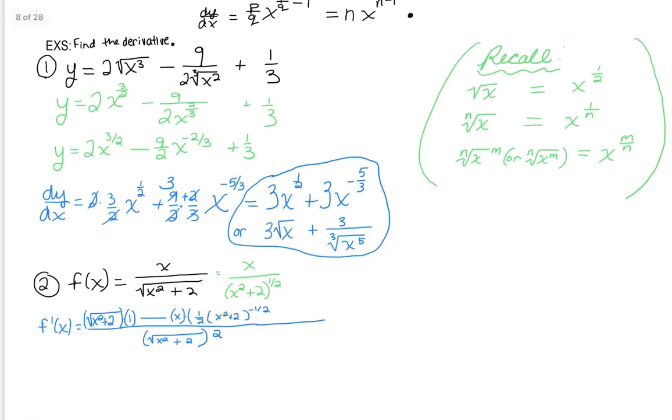So there's my inside. Now I need times the derivative of that inside by chain rule, so times a 2x. So this whole quantity here represents the derivative of my denominator. So there's the derivative. Now, I want us to simplify this a little bit, especially the further we go in